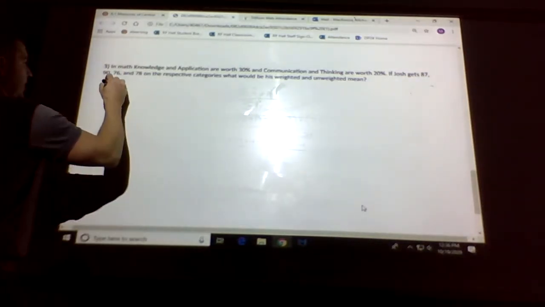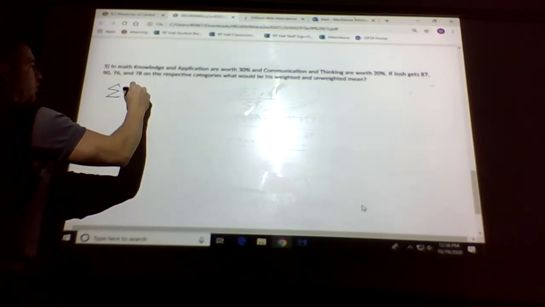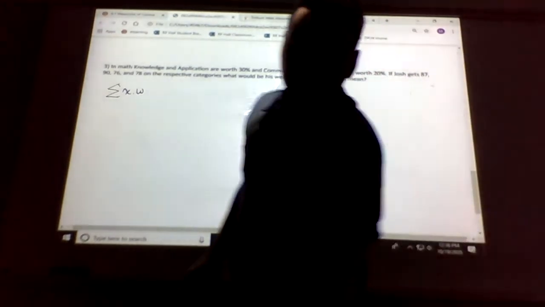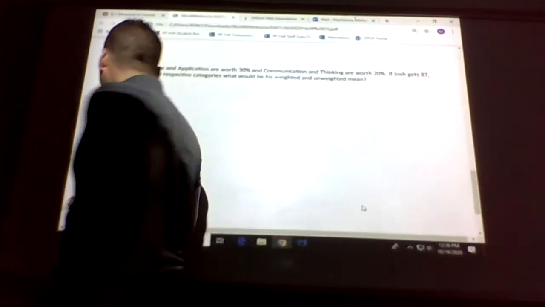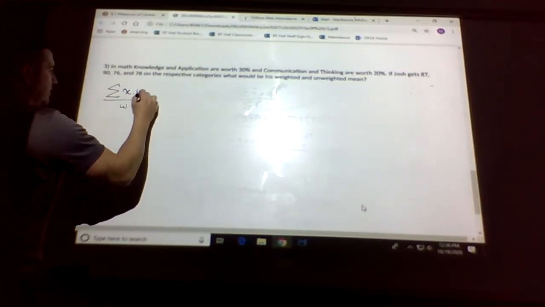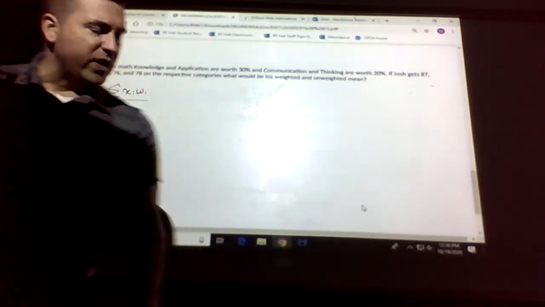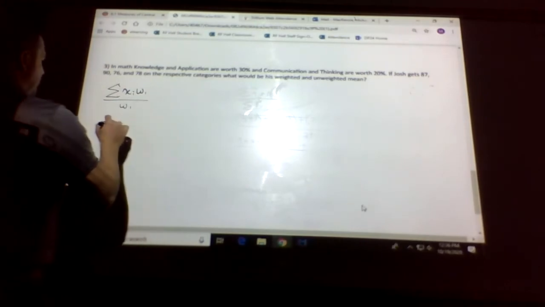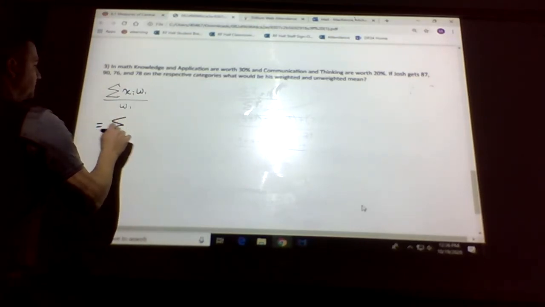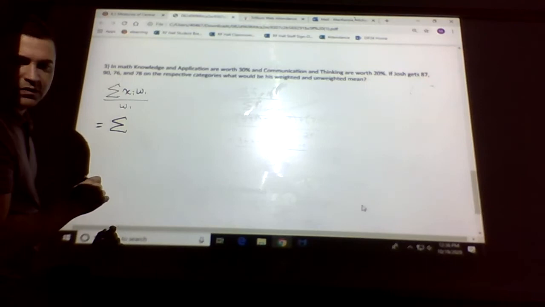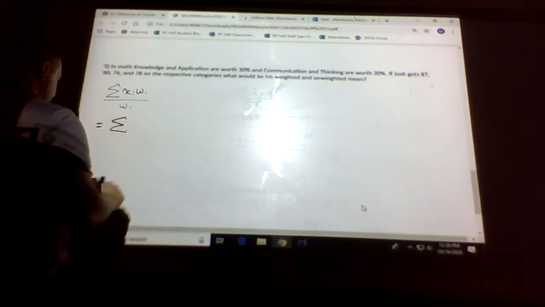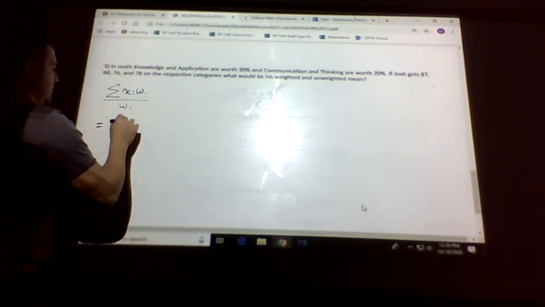So the weighted mean is your x value times your weight, divided by the total weightings. So we're going to take each x value, multiply it by a weighting, and then divide by the total weightings. So we have 87%